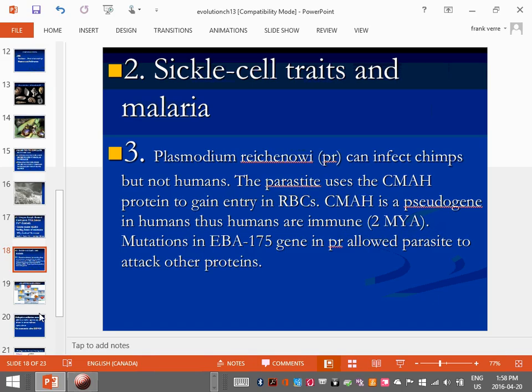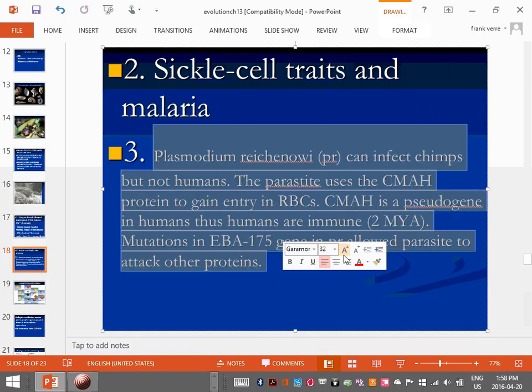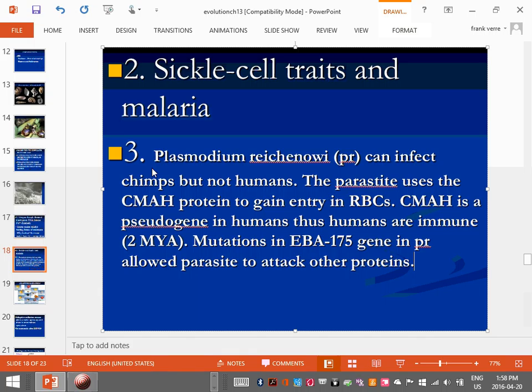Here's another one. So there is a parasite, this one here. And there's many examples of coevolution, but here's another one. So there's a parasite, here's its name, Plasmodium, I think it's Rickenaui. I just abbreviated it as PR. It has the ability to initially infect chimpanzees, but not humans. Now we know that we're related to chimpanzees, right? Okay. We are? Yep. We talked about this. Are we carriers? The parasite